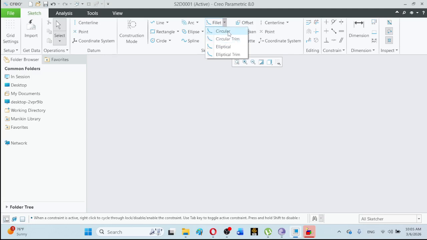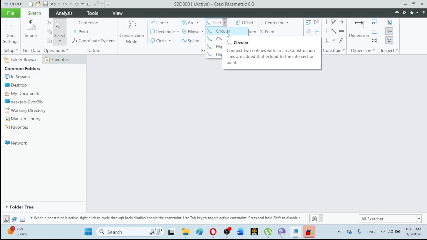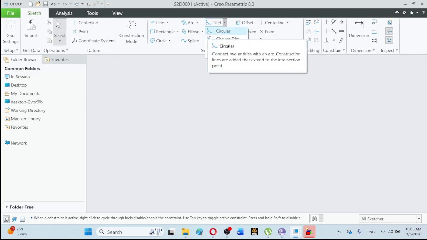And the very minute difference of defining between these 2 types is that in the case of circular fillet, we can observe here from the icon, if we read this tooltip, that this states: connect 2 entities with an arc. Construction lines are added that extend to the intersection point. Means actually